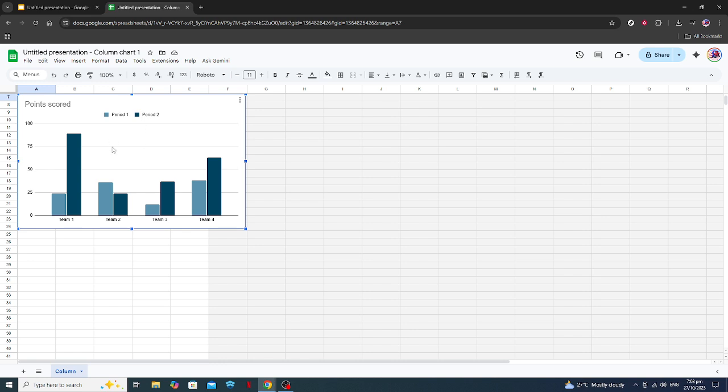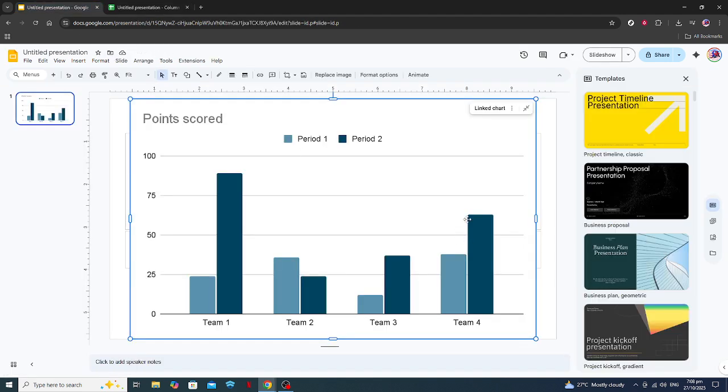Now that you have your data in place, you might want to give your chart a bit more personality. Head back to Google Slides and click on the chart. You'll find in the toolbar a Chart Editor option that allows you to adjust the look and feel of your graph. You can change colors, fonts, and styles to match the overall theme of your presentation. Don't hesitate to explore these options to make your chart not only informative, but also visually cohesive with your entire